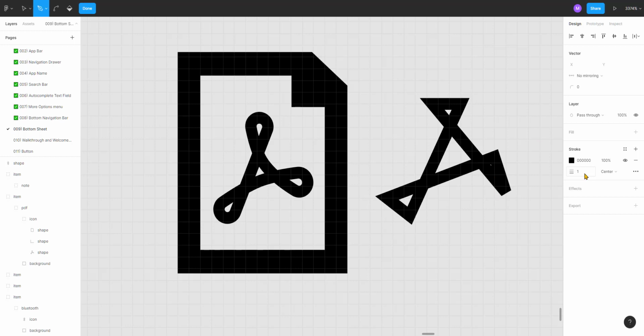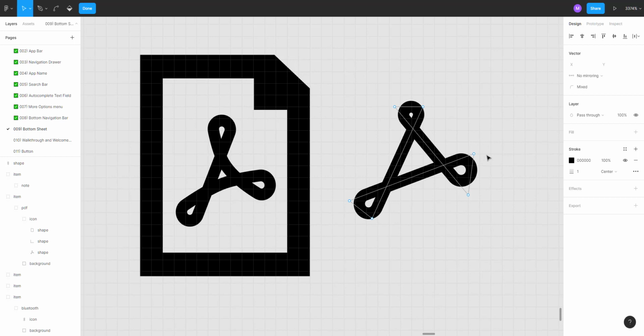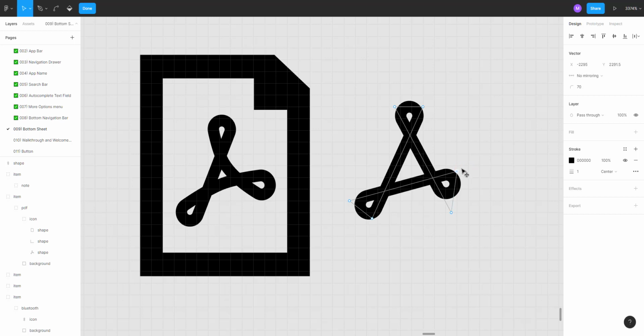Press V, and then I will select this point and this point, pressing shift, and I will just round here too, just round. Here I will move like this and then just round. You know, we almost have our shape, our symbol. It's something like this. I will just demonstrate how to do that, and then you are gonna have enough time